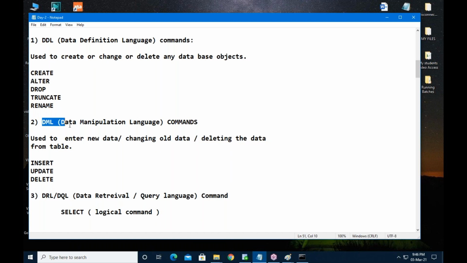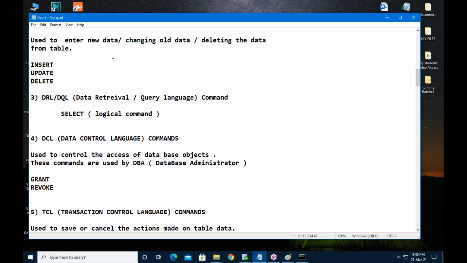Under DML, data manipulation language, we have 3 commands: insert, update, delete. Under DRL, data retrieval language or data query language, only 1 command: select. Under DCL, data control language, grant and revoke.